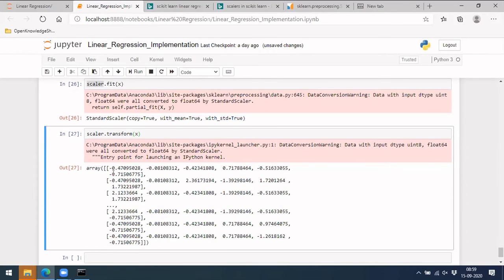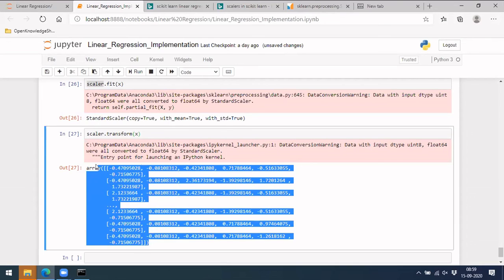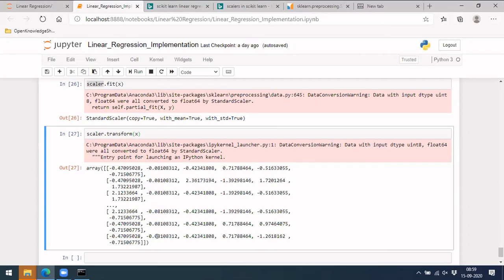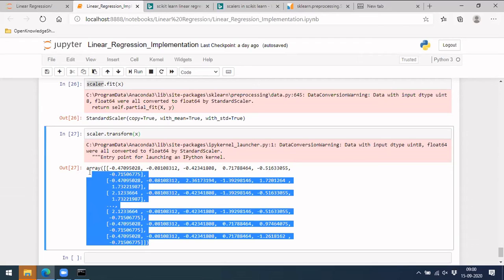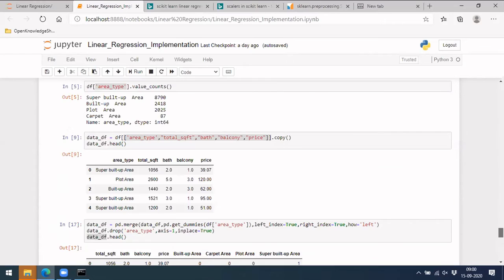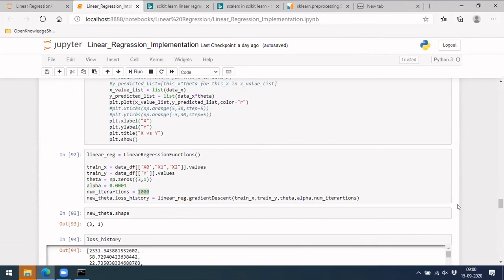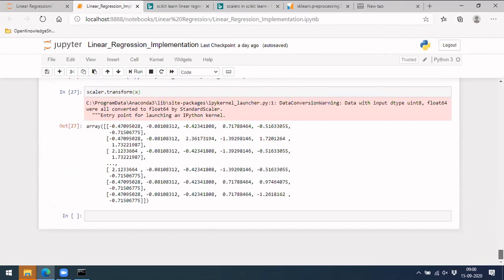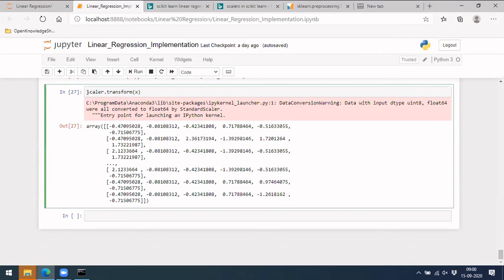Which will be within -1 to 1 in most cases. In some cases you may have a bigger value but still fine, but most of them will be in the same scale. Very few values will be higher, but it won't be much higher, it will be less than 5 or 2, 3 or something like that. So this is how it is done. So if you do this, you can take it for training, how we did it earlier, right? To train the model using this. So this x you can pass after the scaled values. So we have to store this in a scaled x like this,